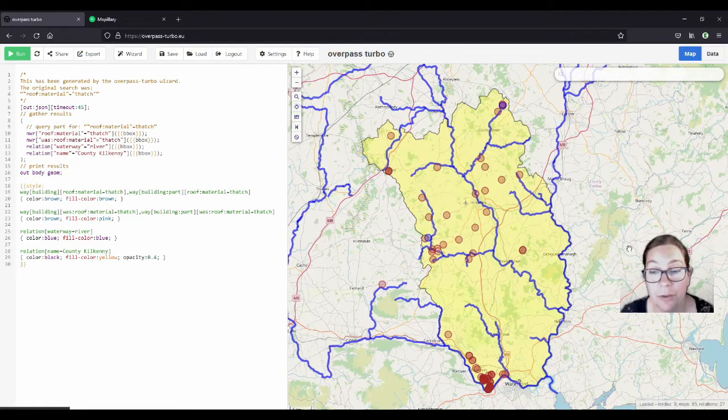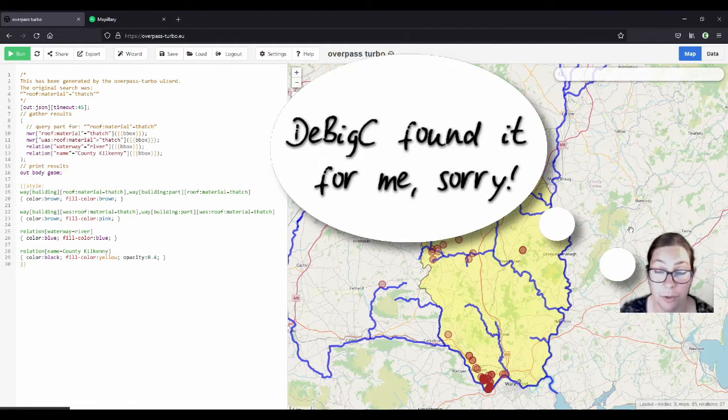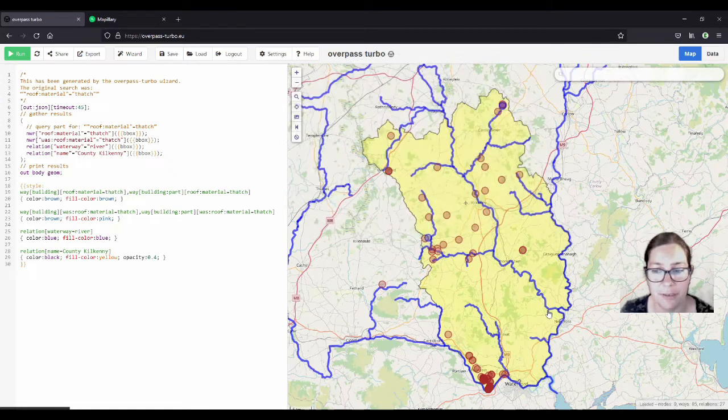I'll make another video and show you how I made this map, or where I got the data from. If you are interested to learn more about thatched buildings in Ireland, I will add a video link at the end, the little preview that comes up. That's material I found on YouTube from RTE, I think, from this program called Hands. It's about thatching in County Wexford, where, of course, it was very prominent.